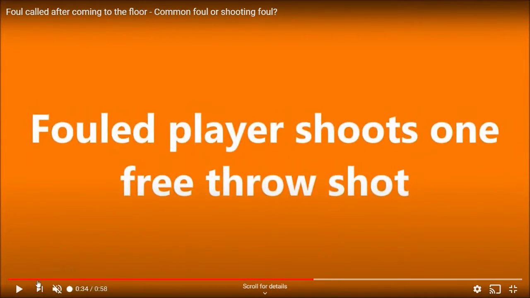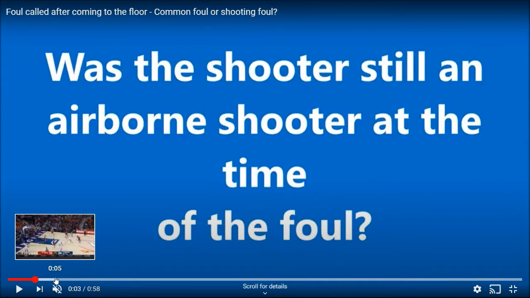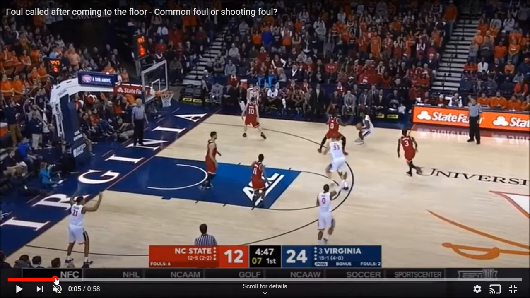Ryan, what are your thoughts on this? Is this person still considered an airborne shooter, and should this be an additional shot, or should this be ball out of bounds on the side? Yeah, I think we're still in the act of shooting here. As a center official, you always have to work to get the angle to make sure that the shooter was actually fouled and did not take a flop or a fall. But as a center official refereeing this play, you can see that the mechanics are clear that he stays on the shooter. We have to referee the play until the shooter comes back to the ground, and I think he did. So I think this would be an and-one if the ball goes through the hoop.